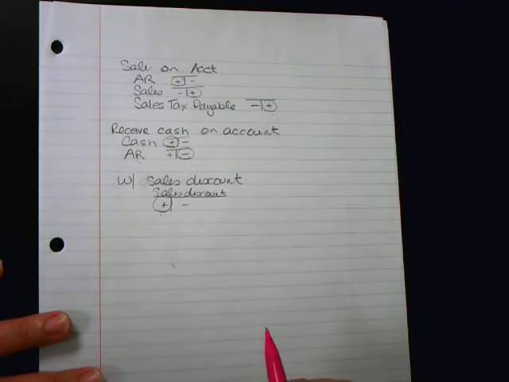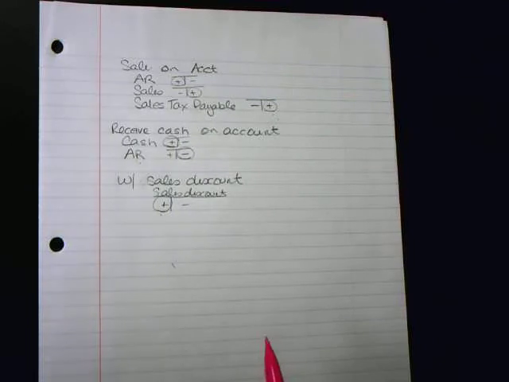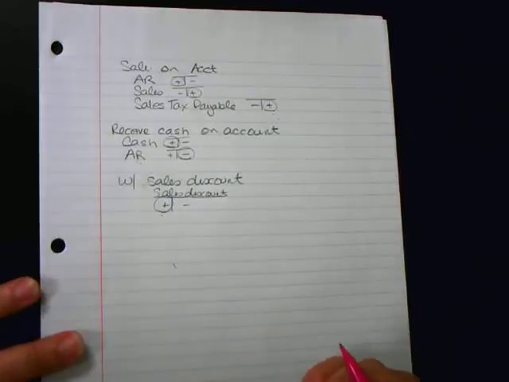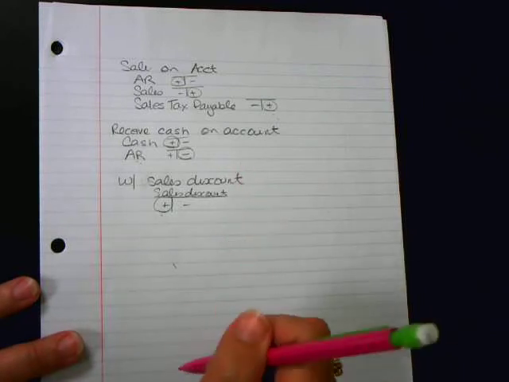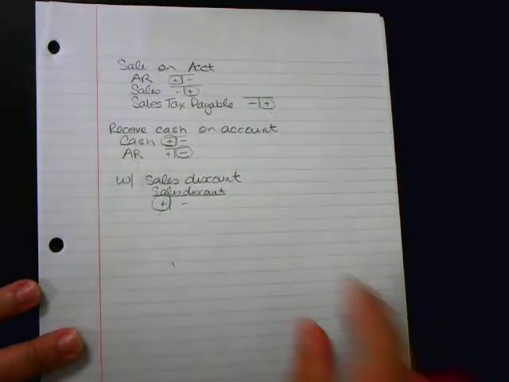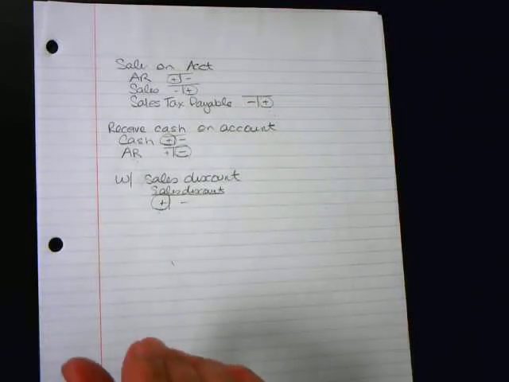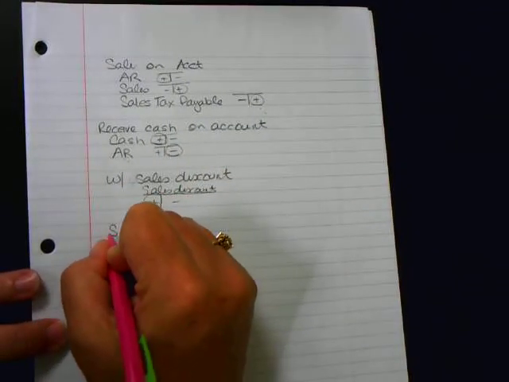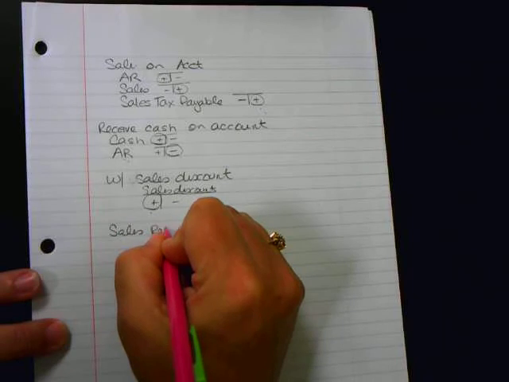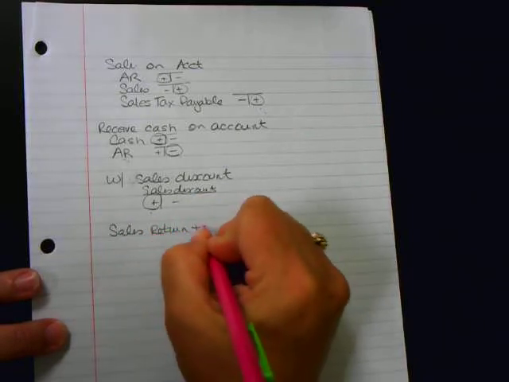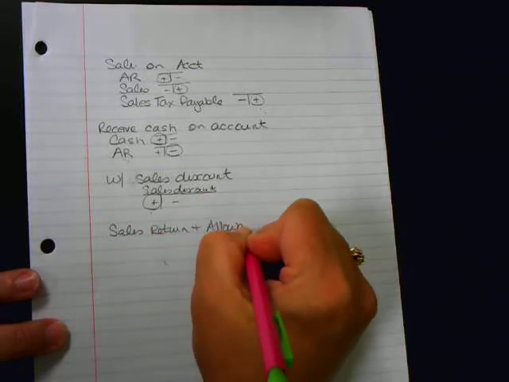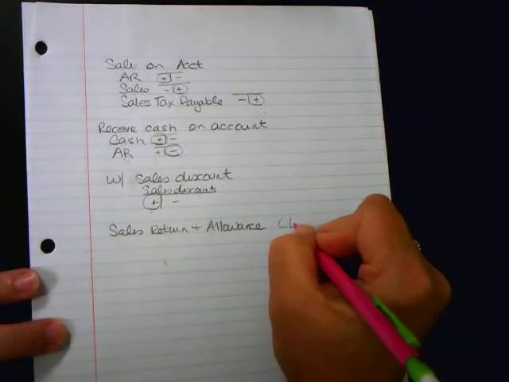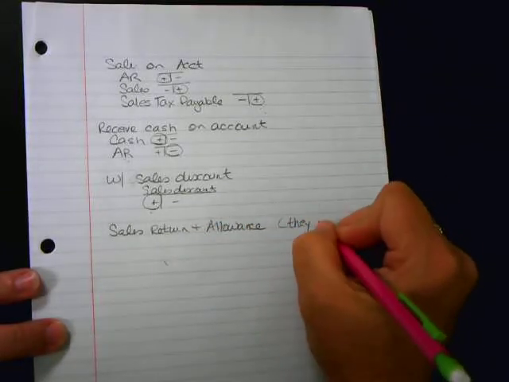Okay, and then same thing with the sales returns and allowance. Again, if they return an item to us, or basically a customer makes a return,